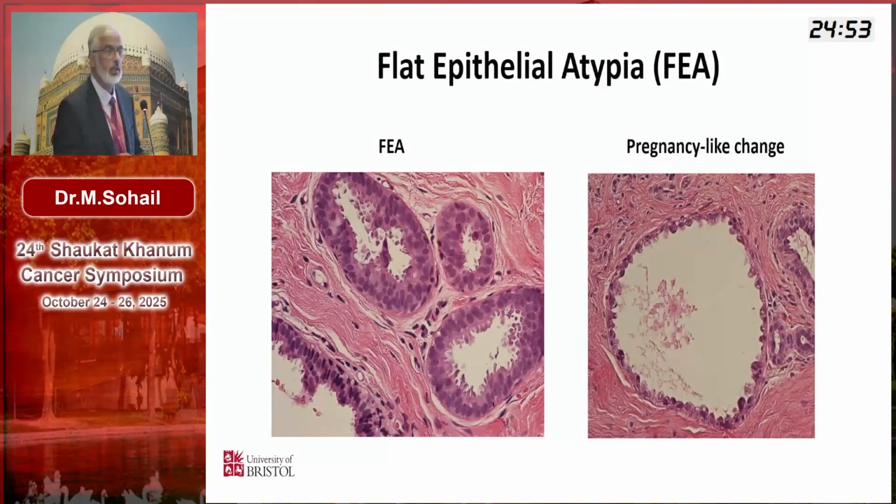Now, while you're making it, I'm just highlighting some pitfalls as well. This one we looked at yesterday. There is a pregnancy-like change. Again, you can see hobnailing over there. There can be some rounded nuclei, and there can be prominent nuclei. But the important thing is that there are cytoplasmic and intraluminal secretions there. To have a pregnancy-like change, the patient doesn't need to be pregnant or lactating. These can occur even in elderly, postmenopausal people. You can see these sorts of changes too, but obviously focally.